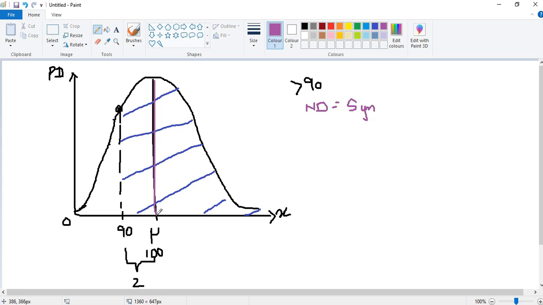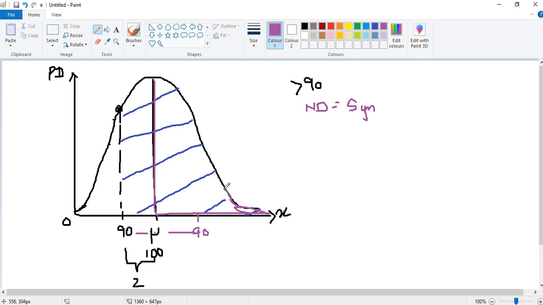But if we consider all the values only, it will be equal. If you consider up to 90 here, and if you consider up to 90 here, then 90 to 90 it will be equal because the gap between the mean and 90 is the same this side and this side. But for this scenario, we have to consider all the values on the right hand side, all. So then of course it won't be equal because this side we are considering values only up to 90.